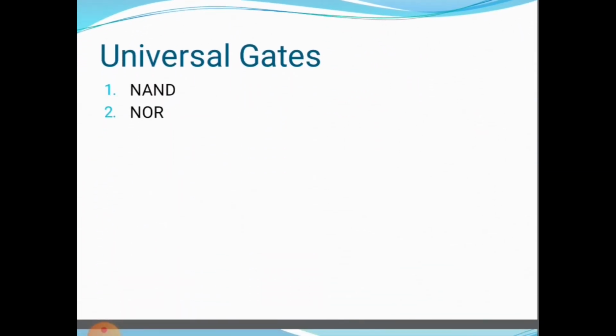Next, universal gate. The AND, OR and NOT are the basic logic functions and are able to perform logical multiplication, logical addition and logical inversion. Now we will study the universal gates, NAND and NOR. The NAND and NOR gates are known as universal gates because these gates can perform the logical operation